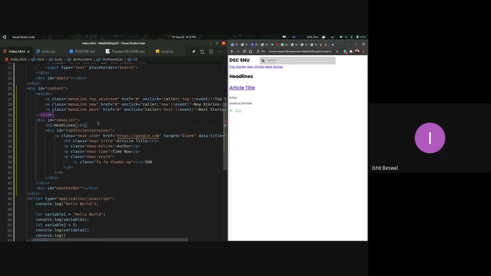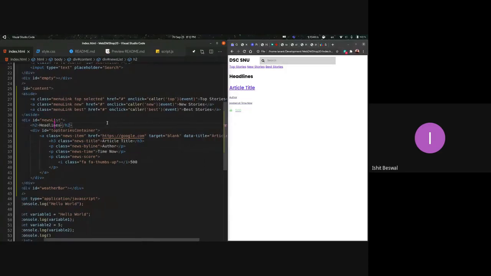Exactly. So inside the aside, we have three anchor tags with the class name of menu link, and each of them has a different class also, which we'll discuss in some time. Then comes the href. All three have been given an href of hashtag, which basically means that when you click on the anchor tag, it will just reroute to the same page.